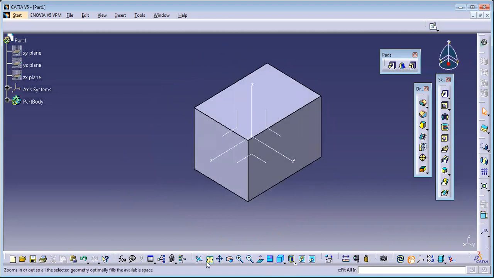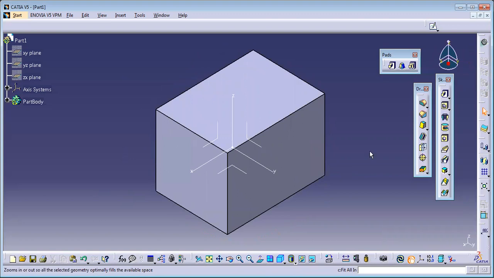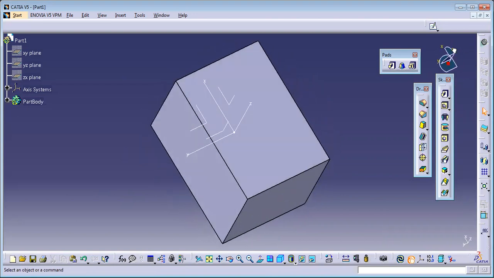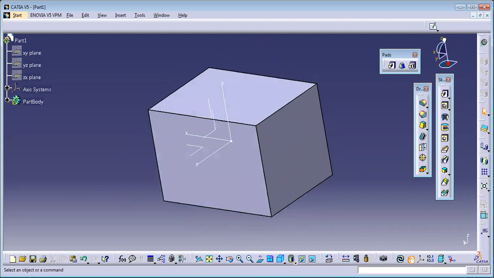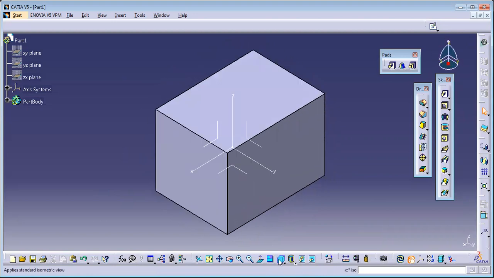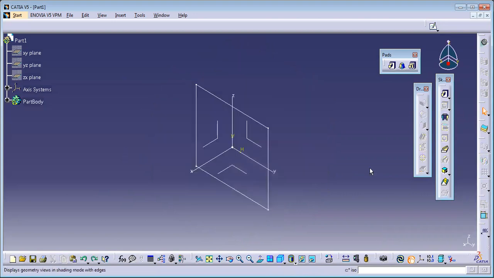If you click here, it will be fitted to your screen exactly. And there is another way. You can click and hold this dot and rotate it also, so that you can see which face you want easily. Okay. So just click it back. It will be ISO constraint. Got my point? Yes, sir. Any issues with this command pad? No, sir.